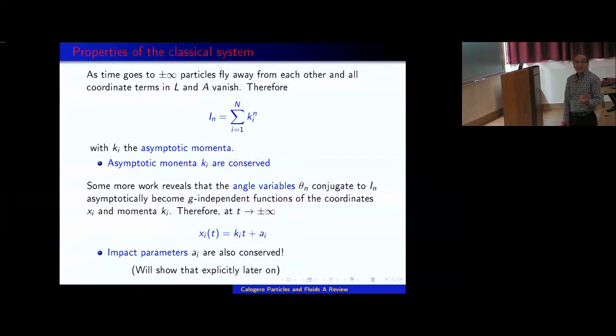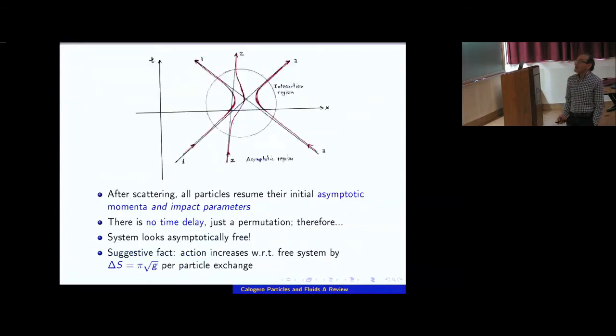However, there are no dimensionful parameters in the problem. The coupling constant is dimensionless, so there you expect it, but for more than two particles, it's a non-trivial fact. There you do have other possibilities because of the ratios between particle coordinates. And this gives us the following space-time picture of how the system scatters.